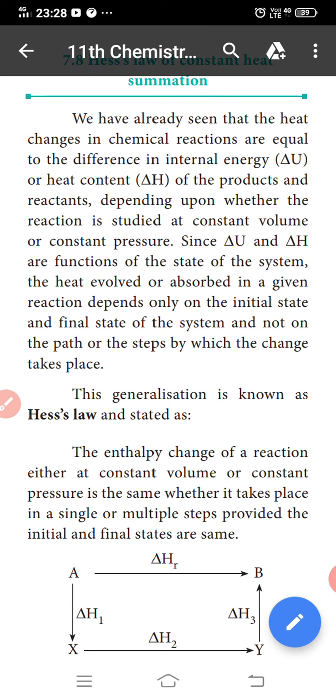The applications of Hess's law: it can be applied to calculate enthalpies of reactions that are difficult to measure. For example, it is very difficult to measure the heat of combustion of graphite to give pure carbon monoxide. This is the first topic, Hess's law.